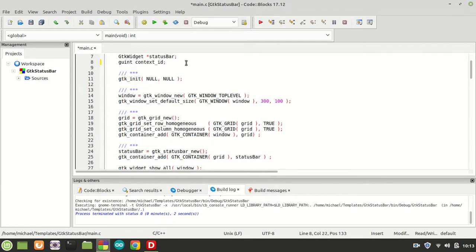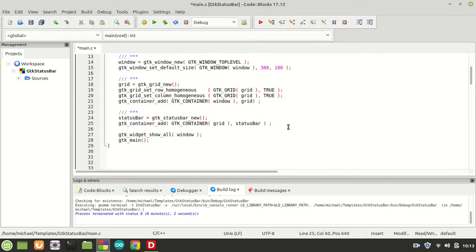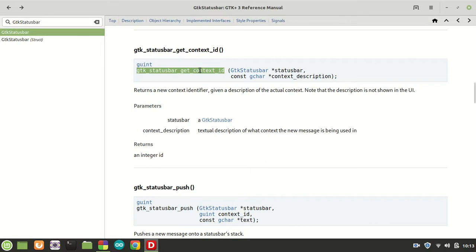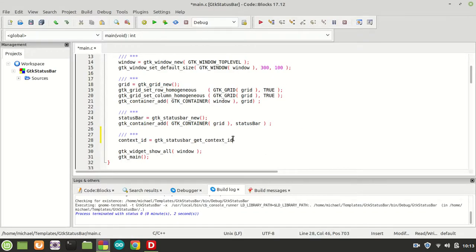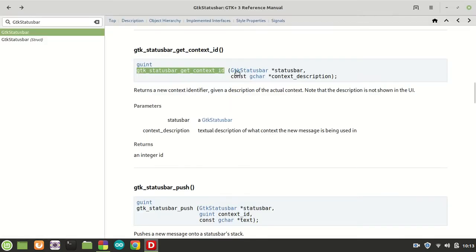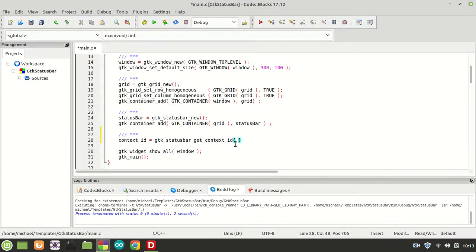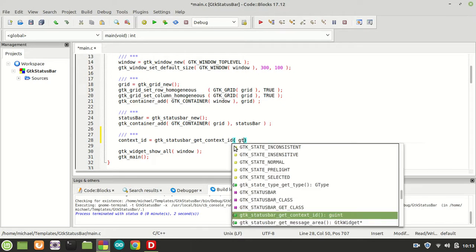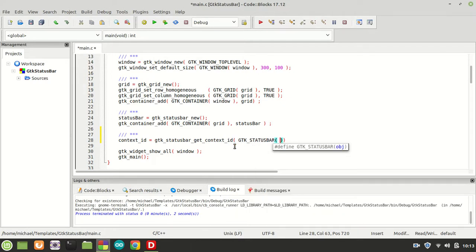Now that we have it, we can use it: context ID, and we are going to point it to this function. Let us pass the status bar, which is the first one. So GTK_STATUSBAR, we need to cast it, and status bar,